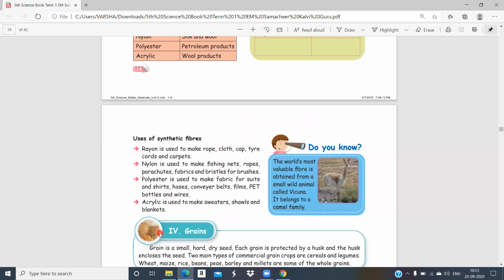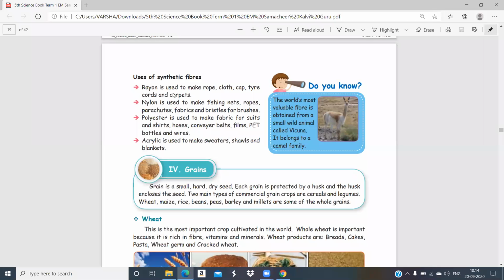uses of synthetic fibers? Rayon is used to make rope, cloth, caps, tires, cards and carpet. Nylon is used to make fishing nets, ropes, parachutes, fabrics and bristles for brushes. Polyester is used for making fabrics for suits, shirts, houses, conveyor belts, film, bottles and bars. Acrylic is used to make sweaters, shawls and